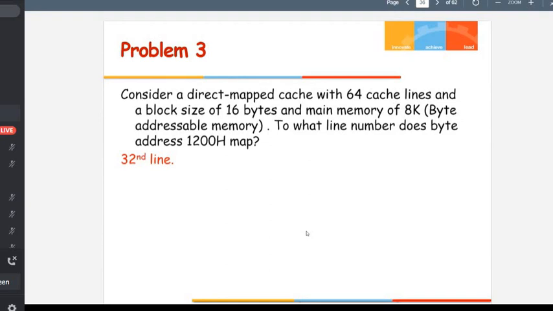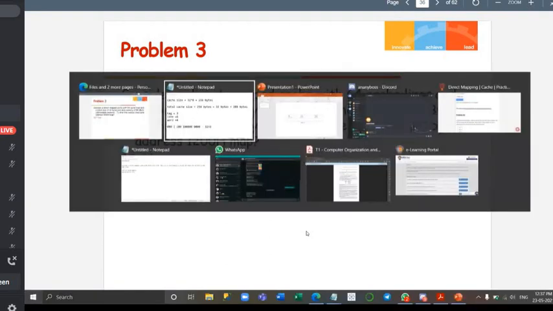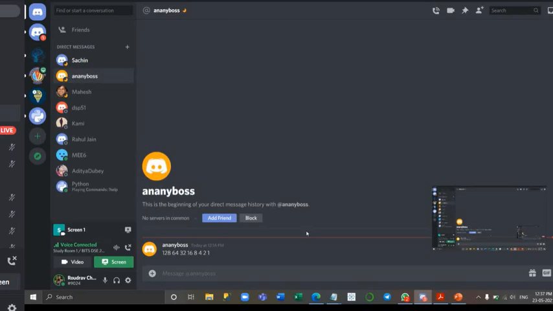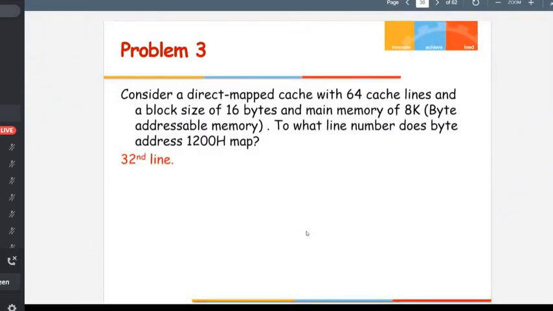Right, and one more thing, good you brought up that point. When they're using the terminology word here, they are referring to one word as 4 bytes. 1 byte is 8 bits, universally accepted. If you look up on the internet, you will see that one word is actually 2 bytes, and one double word is 4 bytes. But in our scenarios, yesterday sir told us that, unless specified, we will consider one word as 4 bytes.